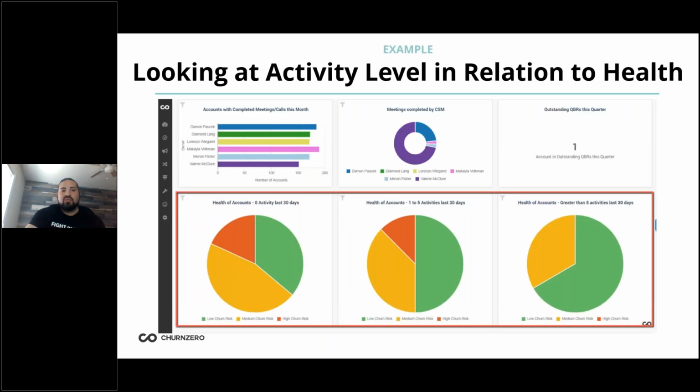So what I wanted to show is, again, going back to some ChurnZero custom dashboards and looking at activity level in relation to health. If we look at the bottom half of this slide, I've segmented this customer base and seeing how the amount of activity has actually impacted their health scores or the distribution of health. And we could see that the more activity that we're doing, our little red slice of the pie here is getting continuously